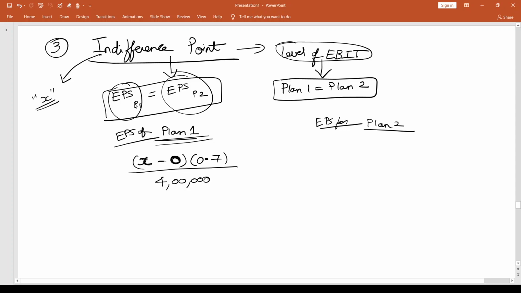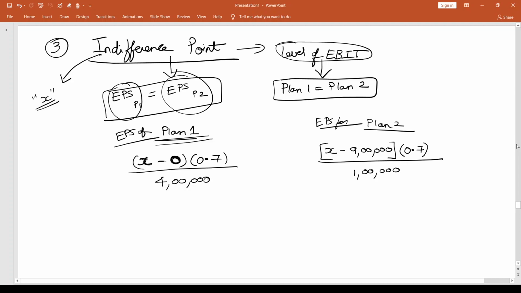Now when I come to plan 2, X is the EBIT minus 9 lakhs. This is going to be the earnings before tax into 0.7. This will give me earnings after tax. No preference dividend, so nothing else to be done. So this earnings after tax also becomes PAES divided by 1 lakh shares. So this is the equation for EPS for plan 1, and this is the equation for EPS